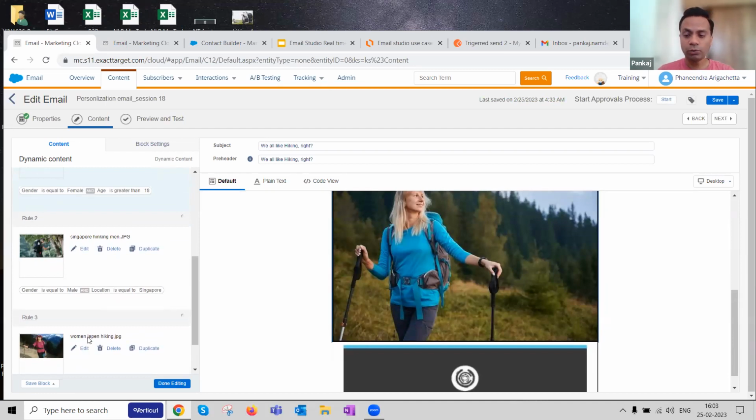In my case, I wanted to show you a scenario where gender is female, location is Japan, and age is more than 45. So this was the image I wanted to showcase. So these are the 3 use cases which I have identified as a part of personalization.